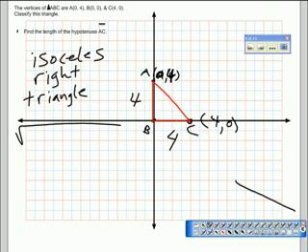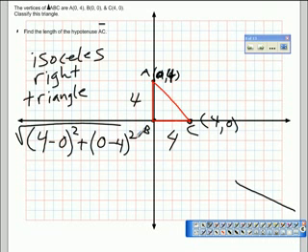All right. Square root of, I'm going to make this my first x. 4 minus, this x is 0, squared, plus, that has to be the first y since this was the first x, is 0 minus 4 squared. 4 squared plus negative 4 squared. 4 squared is, plus,